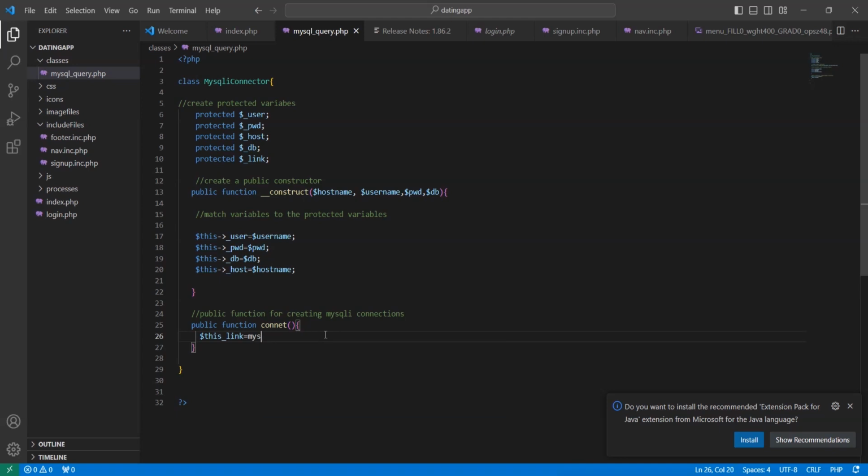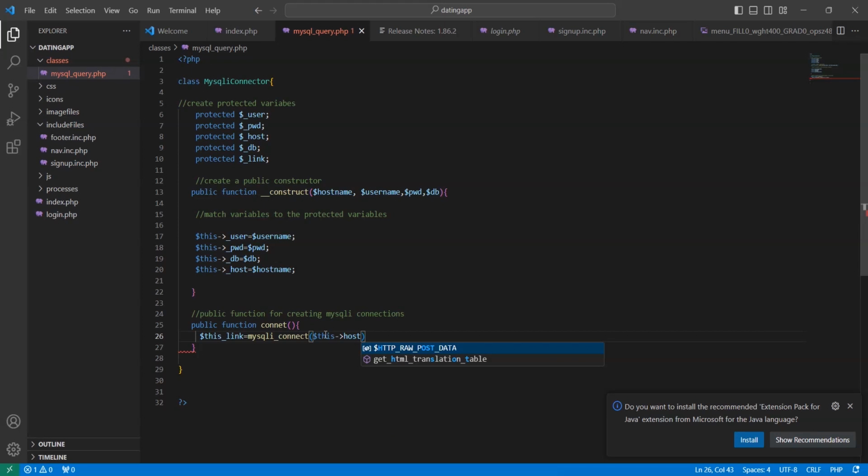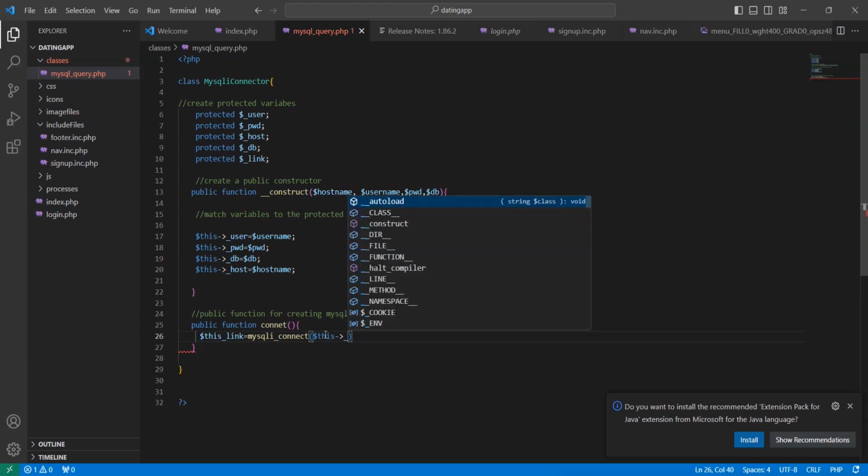mysqli_connect. Okay, then this will accept 4 variables. The first one is the name of the server. Here is what? This dash what? The host, underscore host name,